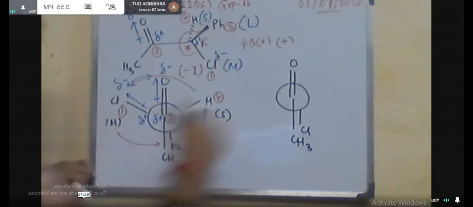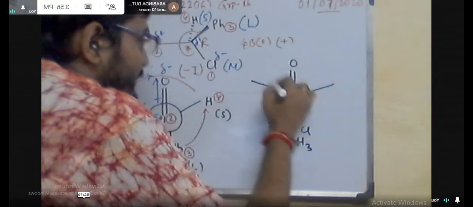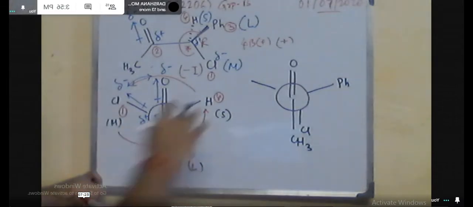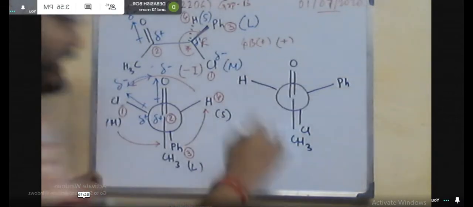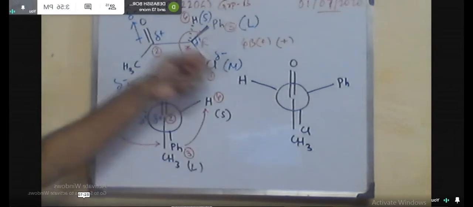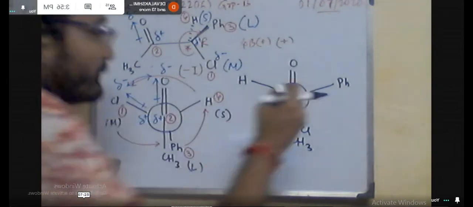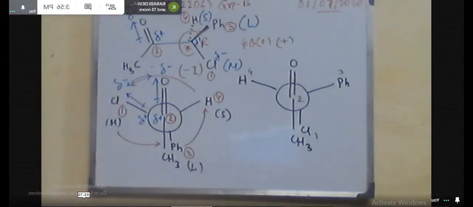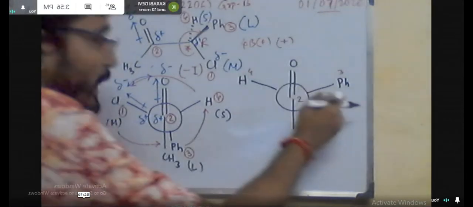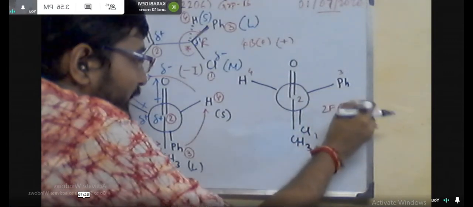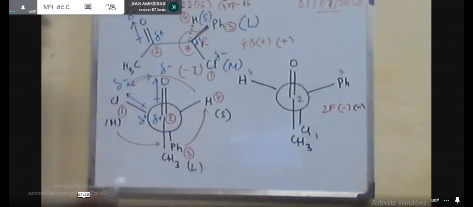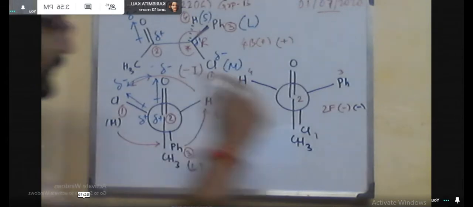Now the metal hydride reduction. So after applying the model, when we draw the Newman projection this way, in this case we have to use the steric factor. You can see that this is the small group, this is the large group. So obviously this side is sterically more accessible. So that means if we add the metal hydride, the hydride transfer will take place from this side.